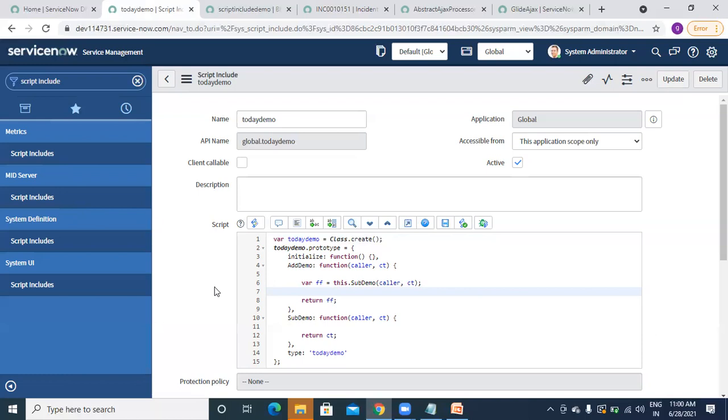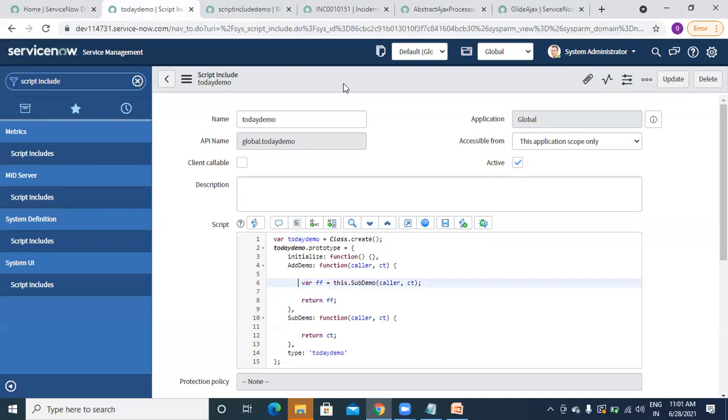So I have given you all the interview questions also, like what are the interview questions on client side script, what are the interview questions on script include, what are the interview questions on business rule, like if we call script include from business side, and one more, like how we can call one function from another function. So clear with all these interview questions also? Okay. Yeah, so that's all I have for script include.